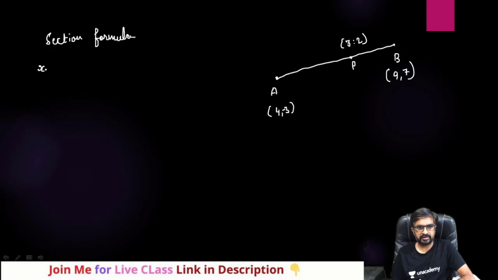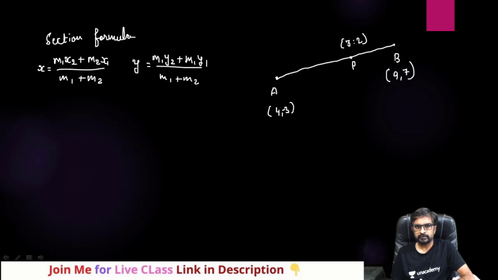That is, x equals m1 plus m2 in the denominator, and in the numerator also m1 but with x2 plus m2 x1, and y equals m1 plus m2 in the denominator and m1 y2 plus m2 y1. Okay, sorry, m2 y1. So now let us put the values for finding x. We are having the ratio m1 plus m2, 3 and 2. So 3 plus 2. Now here m1 is 3,